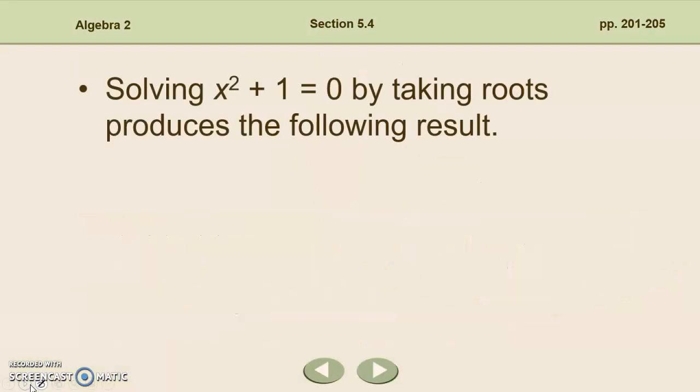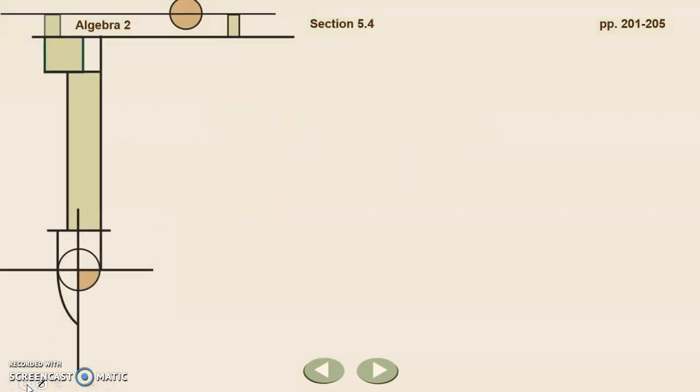Now, solving x squared plus 1 equals 0 by taking roots produces the following result. We end up with x squared equals negative 1. Well, if we think about squared numbers, there's not any squared number that will give us a negative result. If we take negative 1 times negative 1, for example, our answer is positive 1, always. So how do we square something and get a negative number? Well, we don't. What we end up with is x equals plus or minus the square root of negative 1,